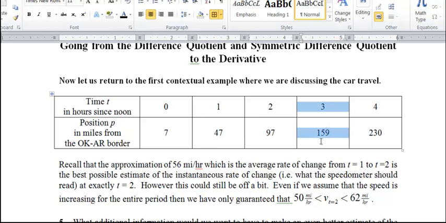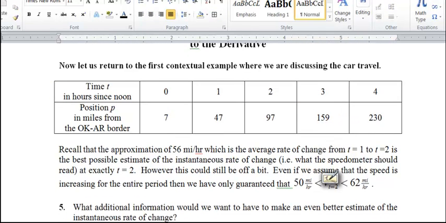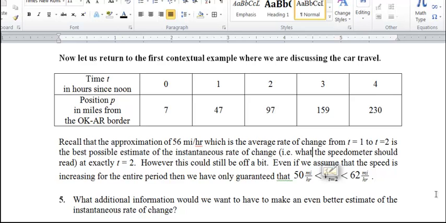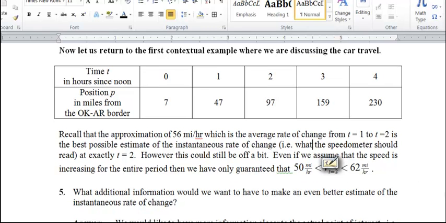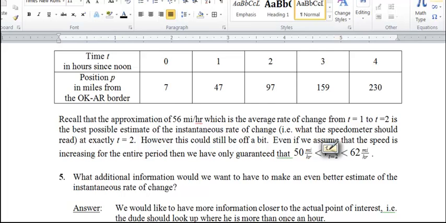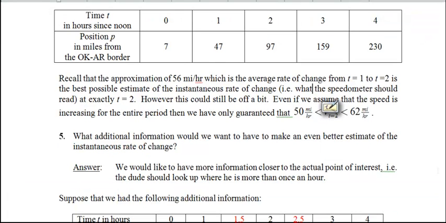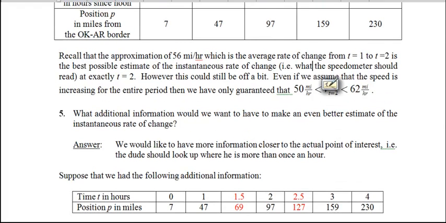Okay, well, what additional information could we ask for if we wanted to find a better estimate? Well, we need more information, and where do we need it? We need it closer to our time of interest, closer to time 2. So, for example, what if we now measured it